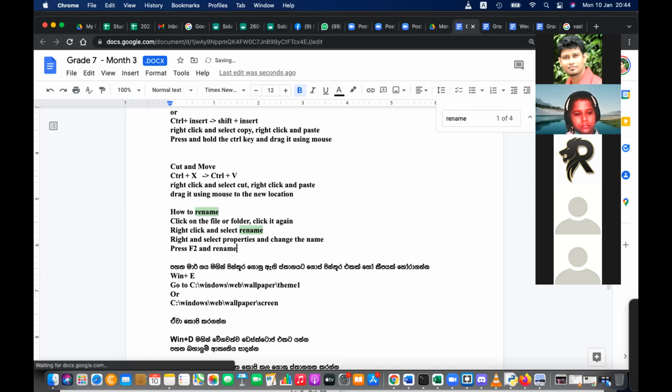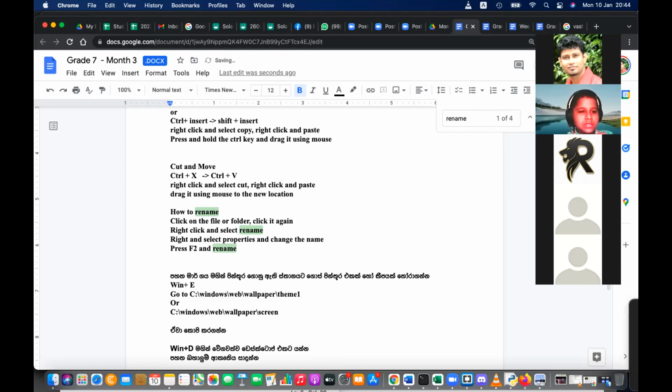That is another way. So by using these ways, you can rename. I mean from the keyboard shortcut, you press F2, type a name and enter it. So if you don't know any of these methods, please let me know, then I can help you, right?